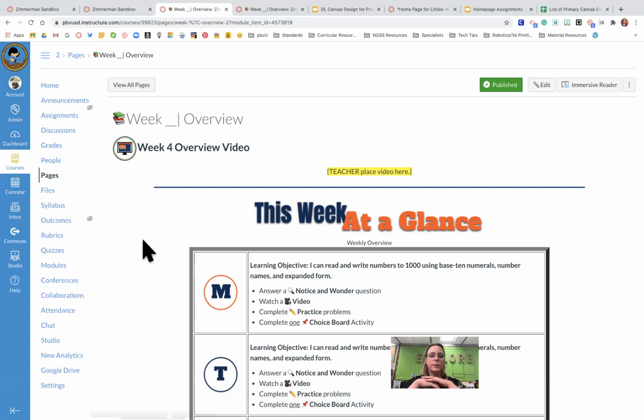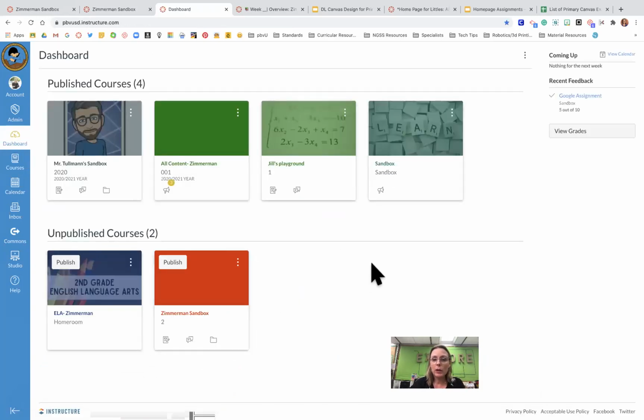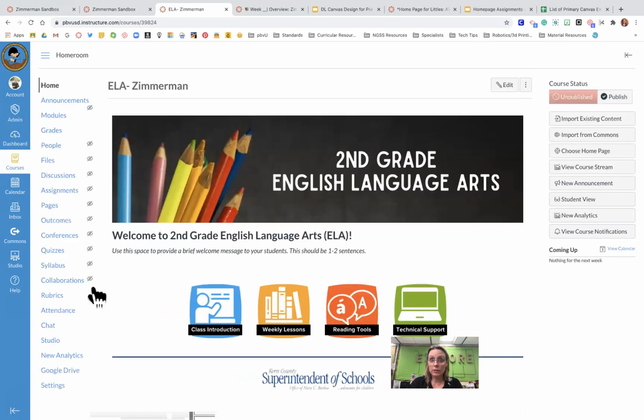So this is what you can do. You cannot create new courses. However, if you have a course on your dashboard, we have a certain amount of courses that were assigned to us, right? So my ELA content right here, I haven't done anything to this. This is imported from the Commons. It was already preset. I have not done anything in it. I can use this shell as a course to create things in, and I can import the ELA content I